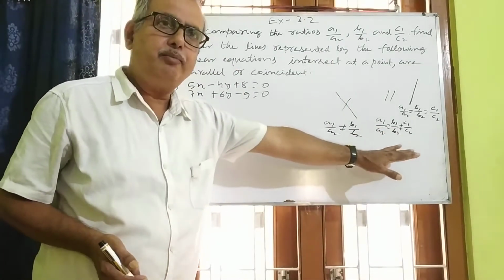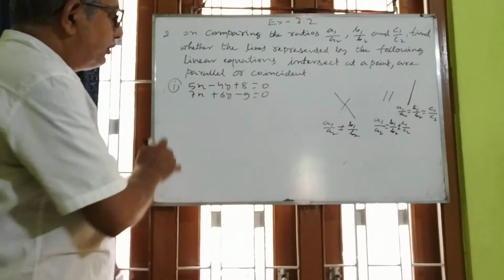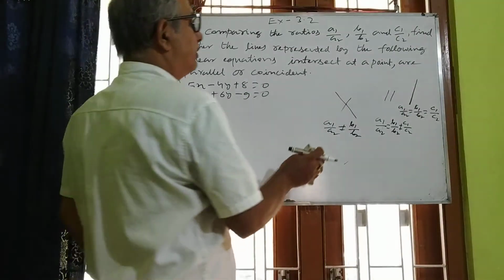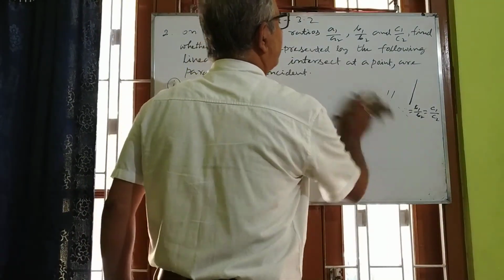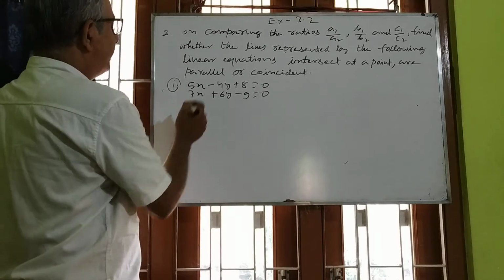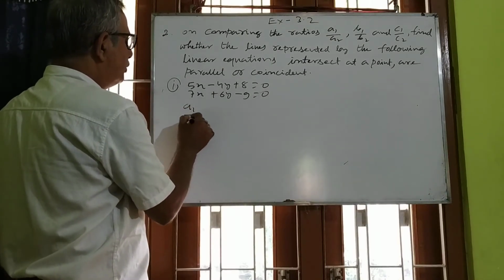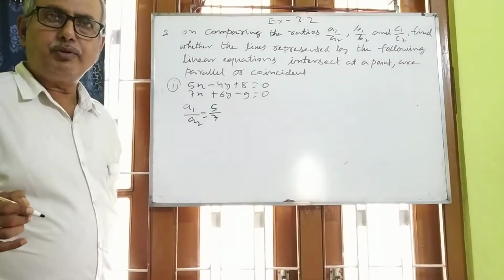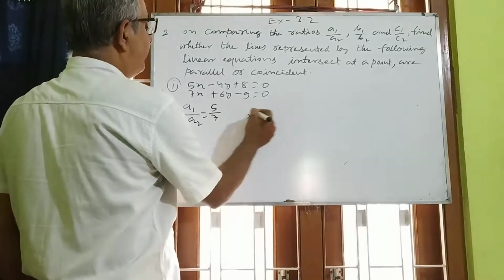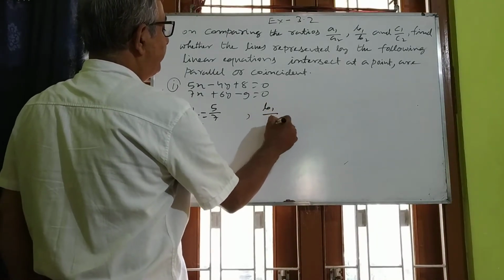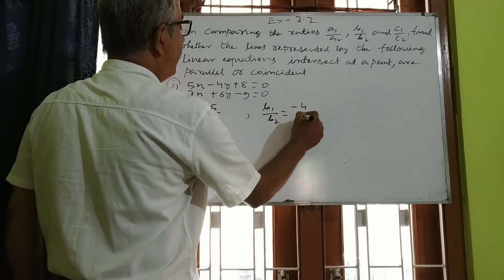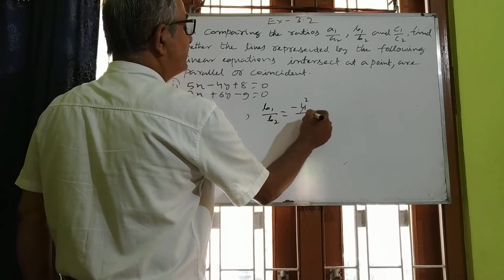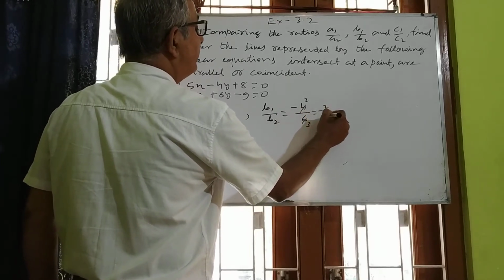This I have explained a lot. Now you test in this case. Should I rub this one? Yes. I am going to rub this one. Here you see A1 by A2, what will be, my dear students? 5 by 7. You got? You tell B1 by B2 what you are getting? -4 by 6. You cut it? 2 2s are 4, 2 3s are 6. So you are getting ultimately -2 by 3.